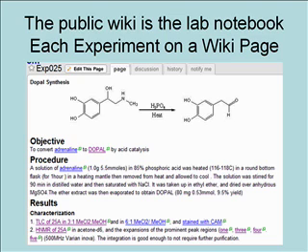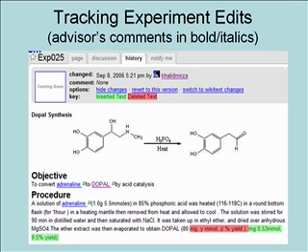book being open. Well, here's what it actually looks like. We keep our experiments on a wiki. So each page of a wiki is a separate experiment. And on a wiki, you see this little button here that says edit this page. It's very easy to edit it. So there's not much technological training that you need for anybody that's working here. The nice thing about the wiki is you can track the edits.